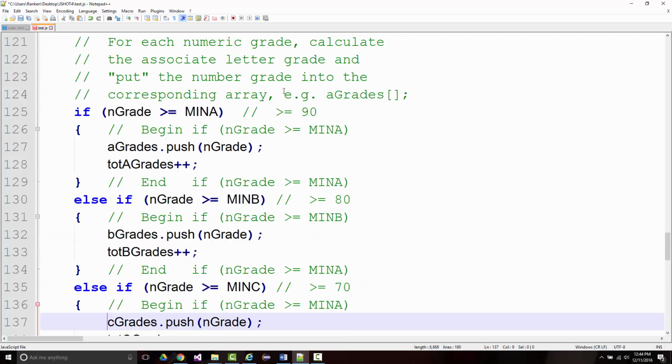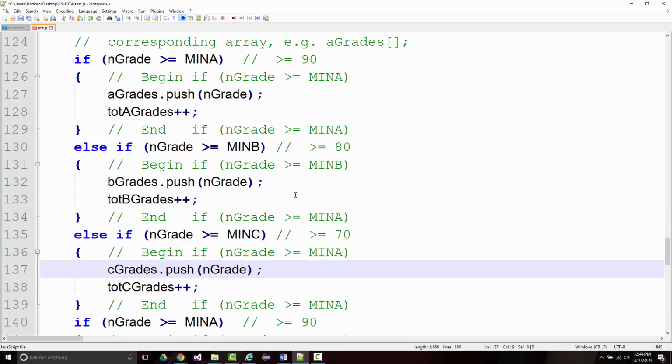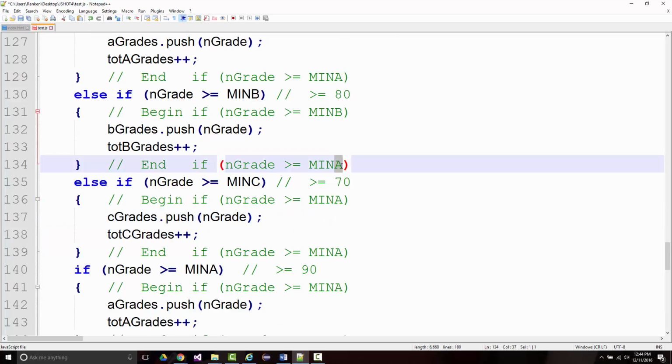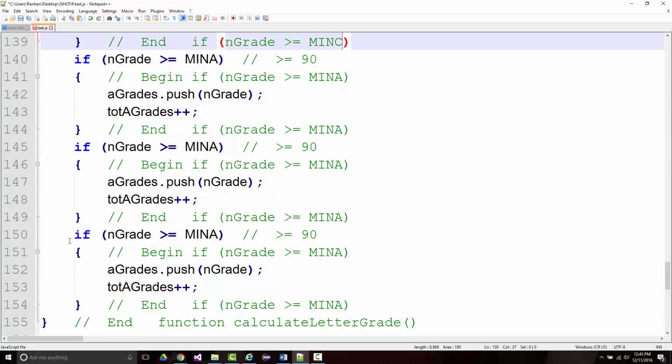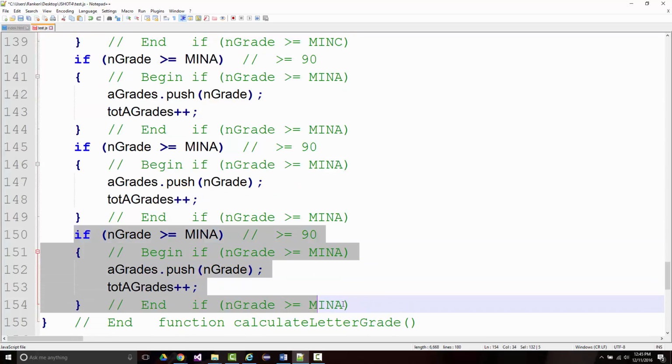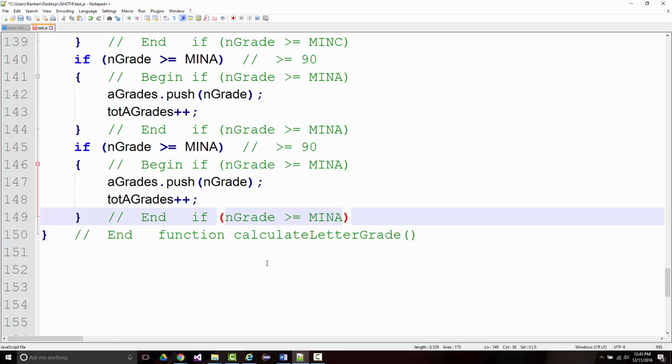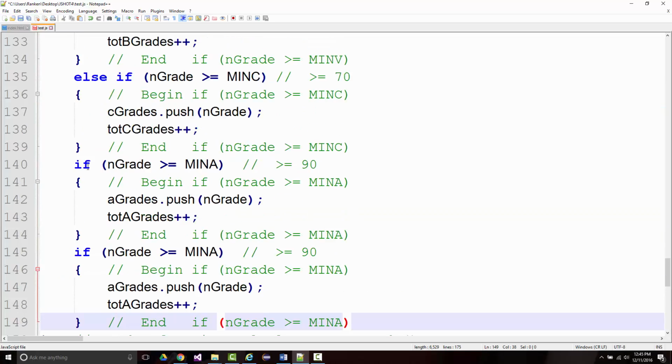Fixing these comments. Min A, min A, min B, min B, min C, min C. All right, else, it looks like I've got one too many of these, so I'll get rid of that one. So that's up to C. Else,